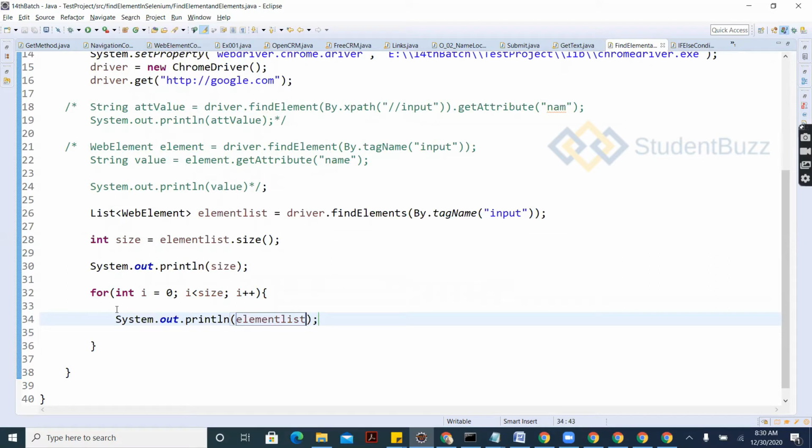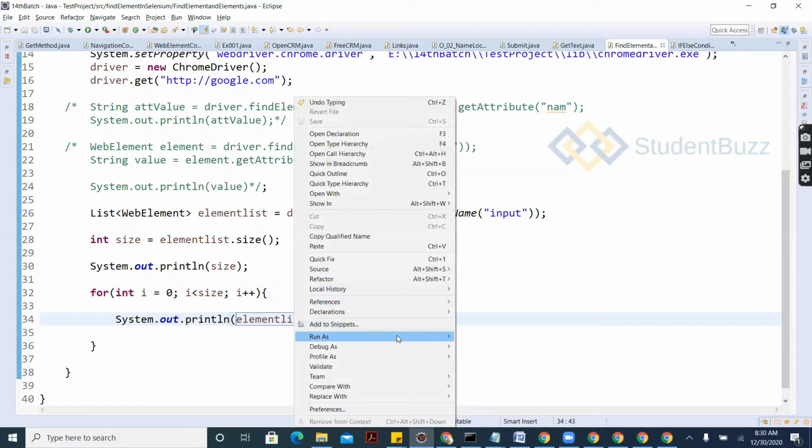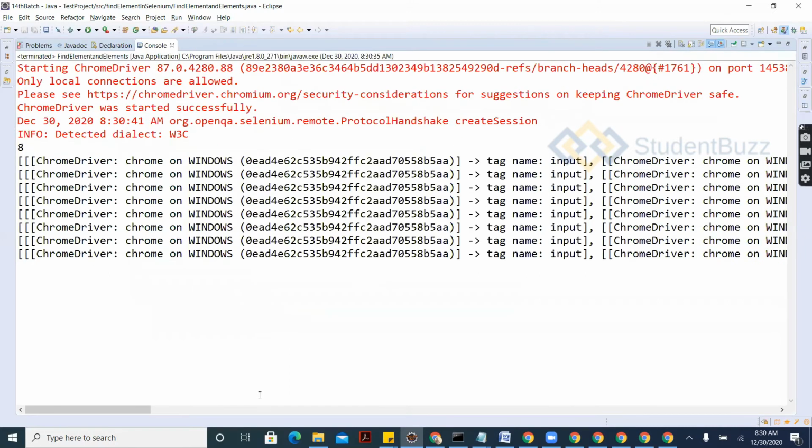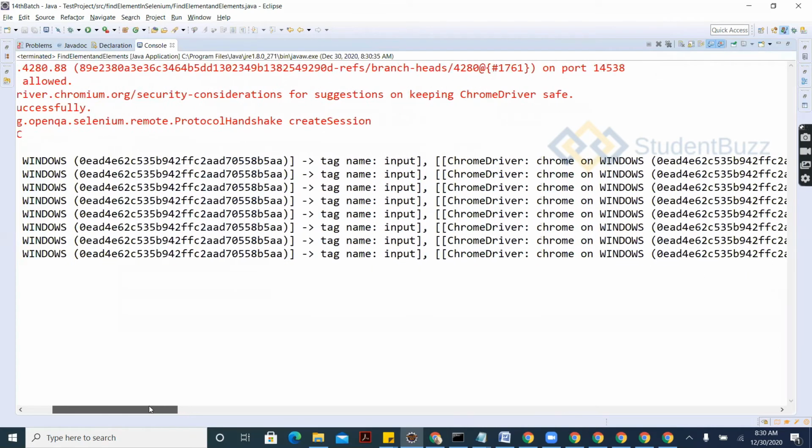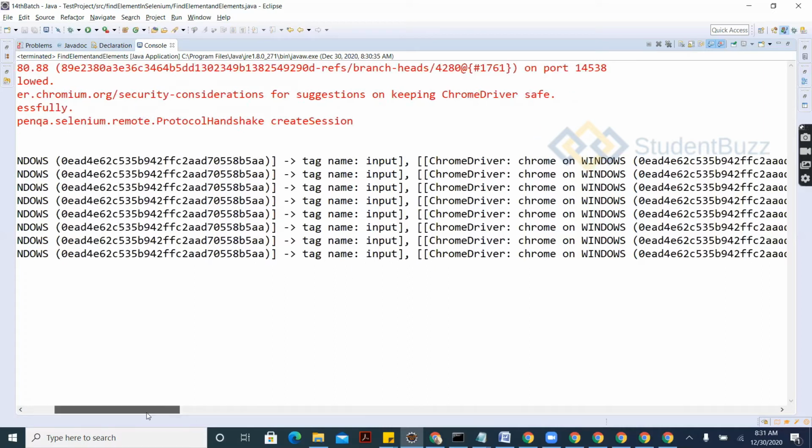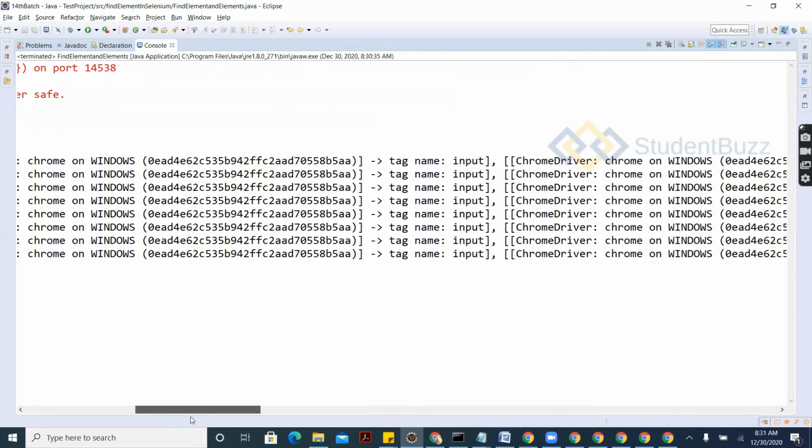If you want to get an attribute of some element as well, I'll tell you how to do that. Let's print now and see what it returns. See here, it's printed all the input tags. Name is input. All are inputs. How many? 1, 2, 3, 4, 5, 6, 7, 8. 8 inputs are there. Okay, it's printed.